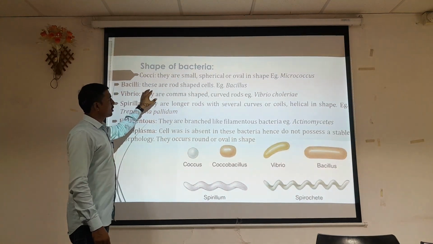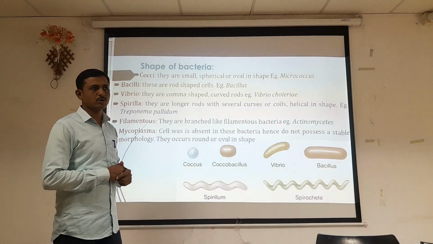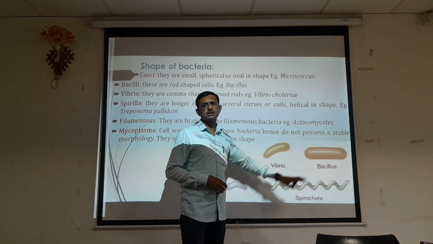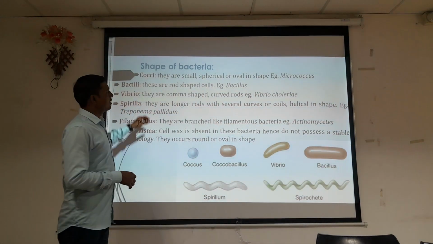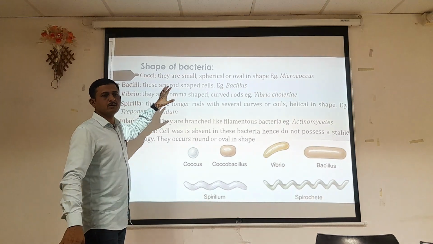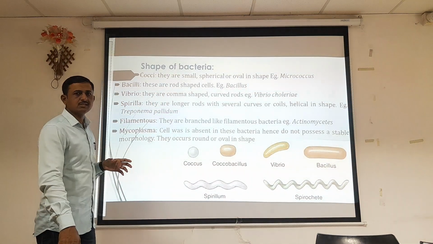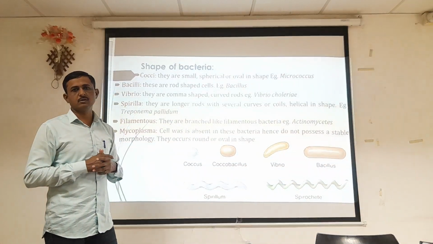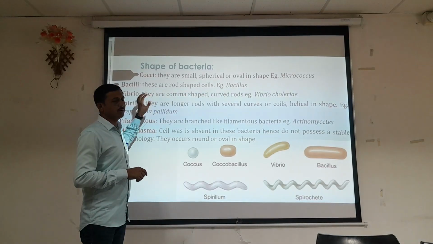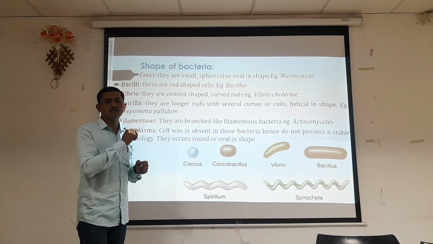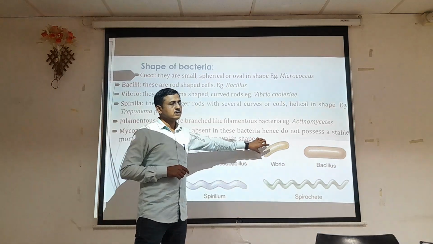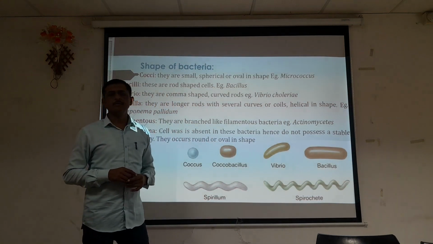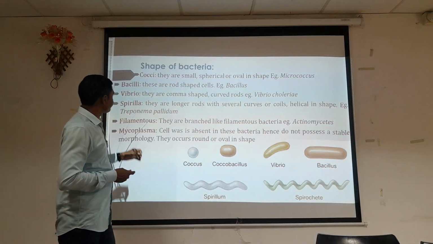Bacilli are rod shaped structures that we can observe under the microscope, like a hollow tubular structure. When we observe this type of structure, we call it a bacillus or rod type of bacteria, and an example of a rod shaped bacteria is the group of Bacillus organisms. Vibrio bacteria look like a comma shaped structure, curved at the center of the bacterial cell. That structure is called Vibrio type of bacterial cells, and an example is Vibrio cholerae, which is the causative agent of cholera.